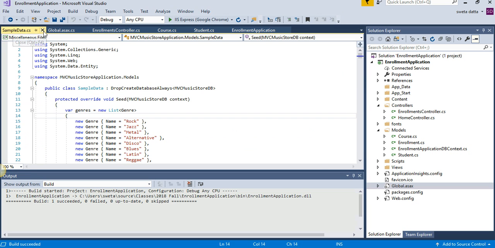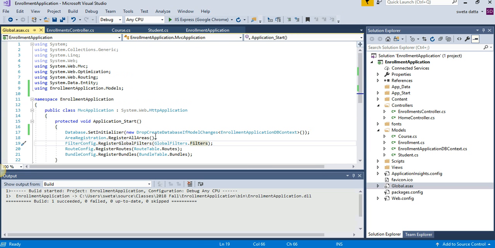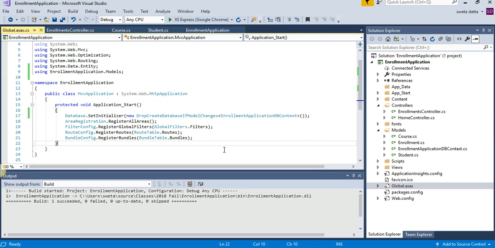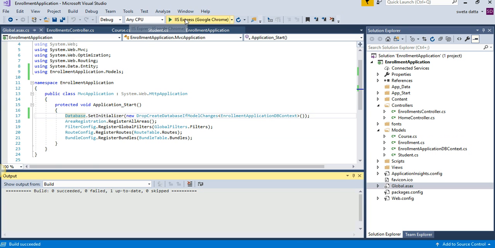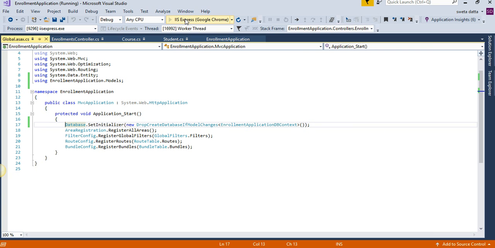So that is why, because we are not doing the sample data in this particular situation, we have decided to manually add the data. You need this line. It is very similar to what we did in the music store application, just slightly different. So in this case, it's going to drop the database and create a new database for us.